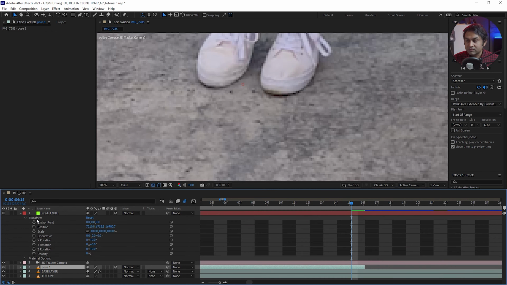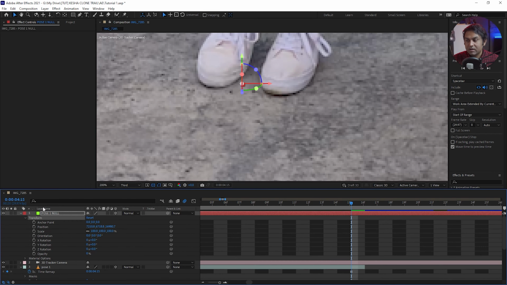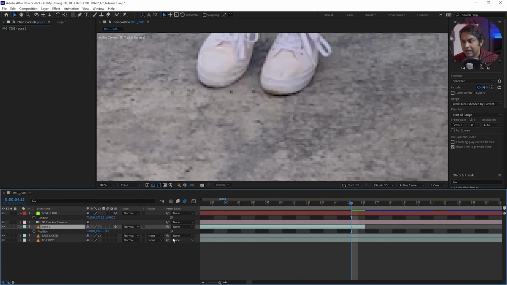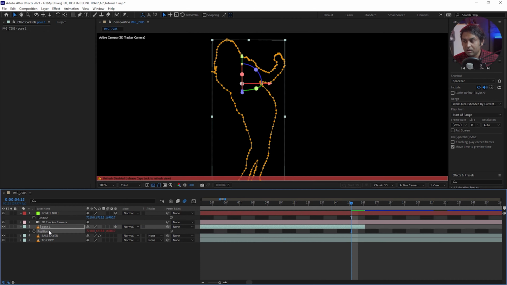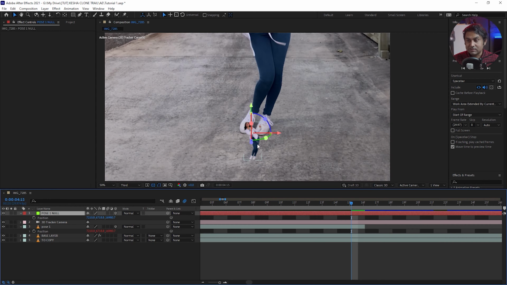So open up the transforms of both like that. And an easy way to just filter it down to what we want is the keyboard shortcuts P and S. So just to work with position, I'm going to hit P for both. And we're going to use this spiral over here and drag it to the position of pose 1 null. And it's asking me to hit refresh. There we go. And now our cardboard cutout is a little Kesha over here and it's pinned to that null